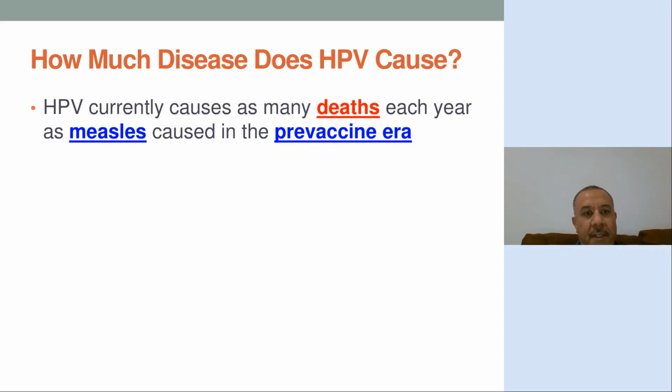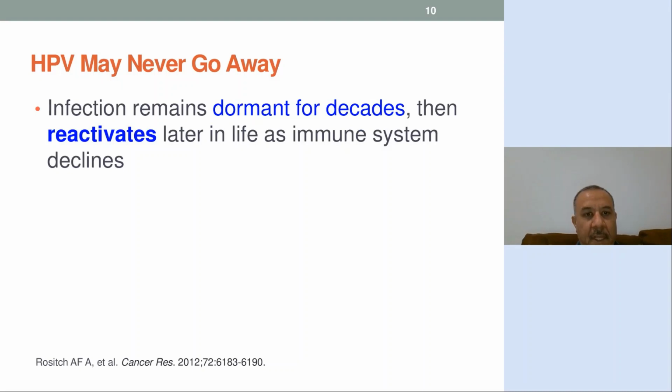So if we were in a time where we had to choose between developing a vaccine for human papilloma virus or a vaccine for measles, I think from cost effectiveness and from a prevention point of view, developing a vaccine for human papilloma virus is more valuable than for measles. Luckily, we have both now. As we said, once the virus is in, it will stay in, and it will be activated later in life.